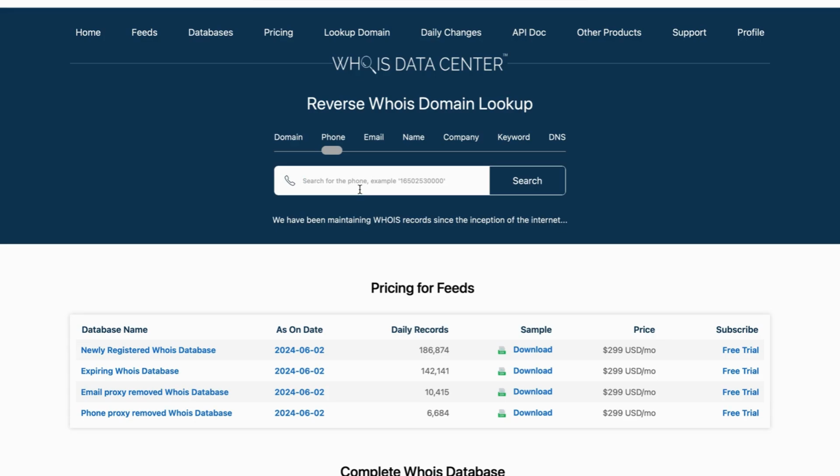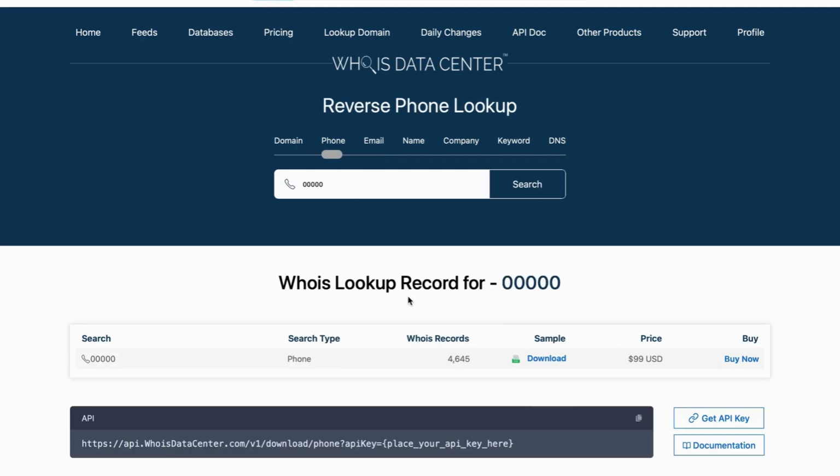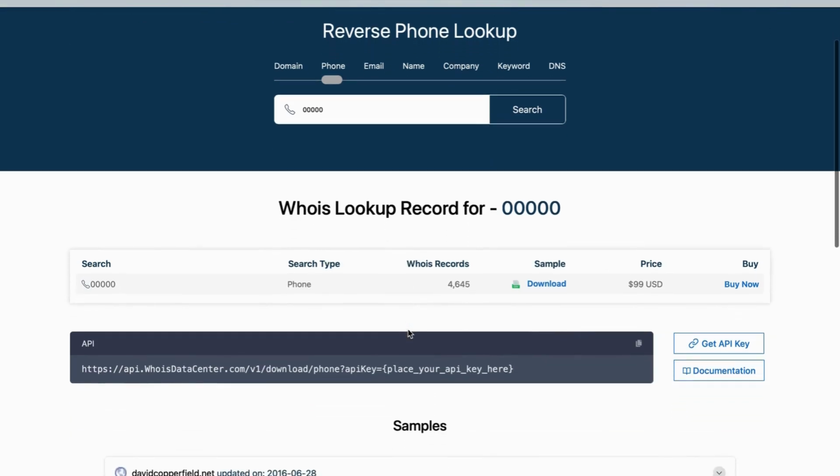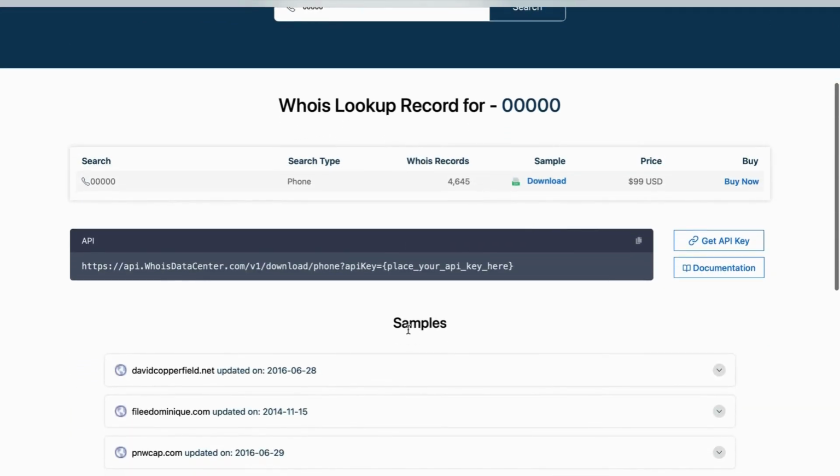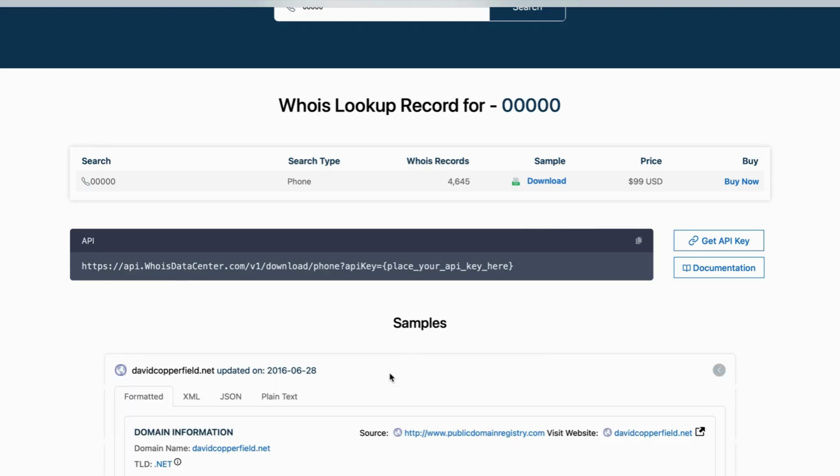Here you can see the search bar where you can enter any phone number. For example, let's search for the number 00000. Once you initiate the search, our platform quickly processes the data. Here are the results. You can see comprehensive details including the domain name, TLD, registrar information, creation and expiry dates,